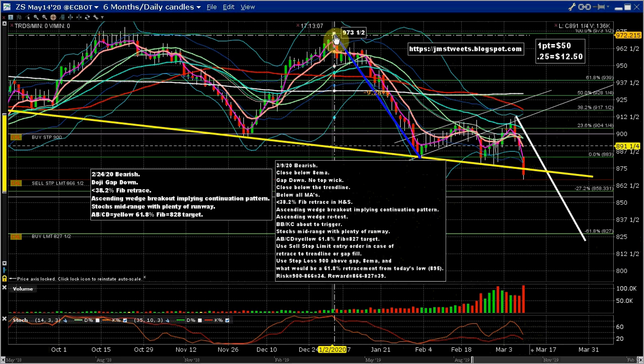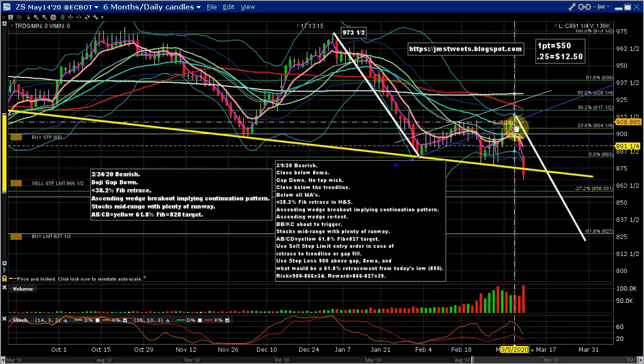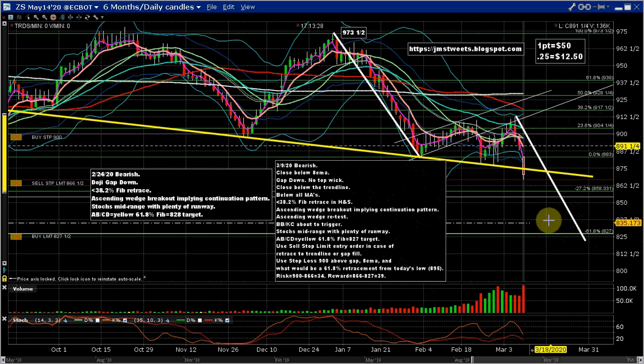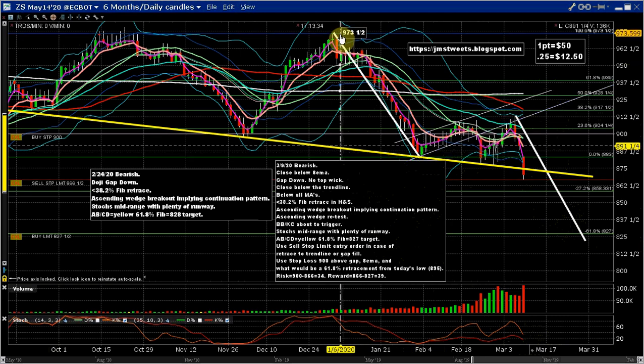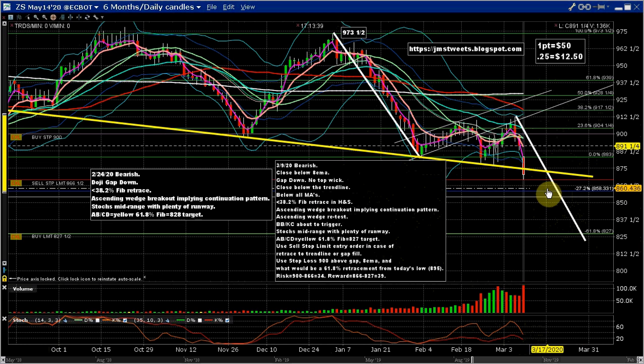The ABCD is, so if you measure from the top down to here, copy this, you get a retracement, and then that same line, same length, you extend out from here as a projected target, right? So that's going to coincide with the 61.8% Fibonacci extension. So the fib range, again, is from this low to this high, beginning with 0 on the bottom. So this is a minus 27.2%, which is a common target also, but I'm shooting for the 61.8, which is